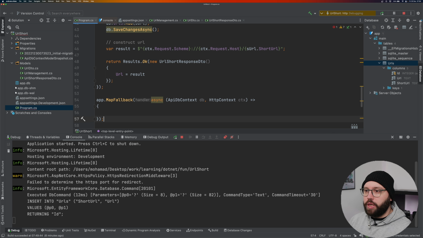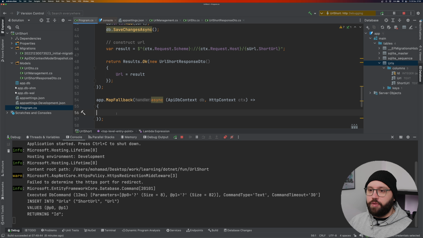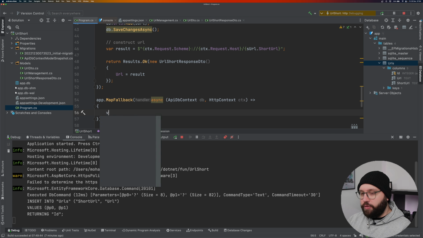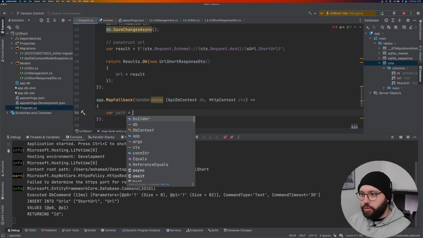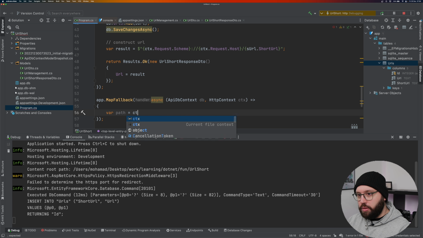So here, no matter what the response or the mapping is, as long as it does not match the previous one, we're catching it here, and we're utilizing the DbContext and the context to do all of the logic. First, we're going to get the path, which is basically the URL that hit this mapping, and it's going to be equal to ctx.Request.Path